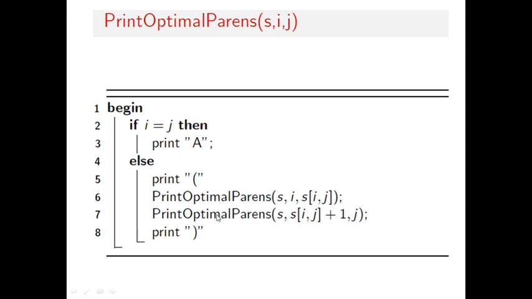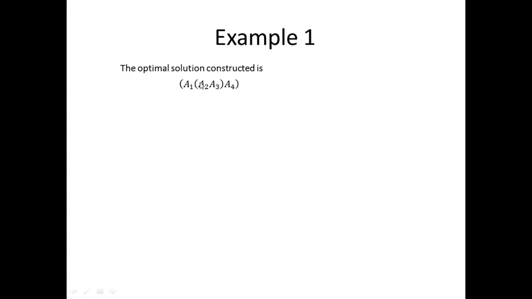This has been done with recursive calls, and this recursion has to be implemented, or manually iterated with the help of a stack. Then you will get the answer of how we are going to put the brackets. For each Sij entry, finally when i equal to j, print A, then the bracket, with the subscript i or j. That value with that subscript will be printed, and this is going to be the final answer.